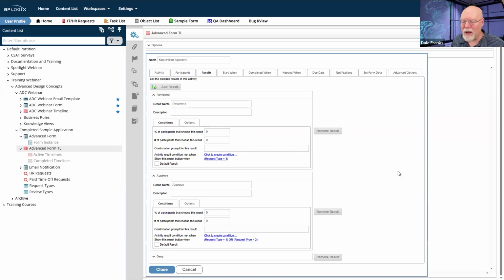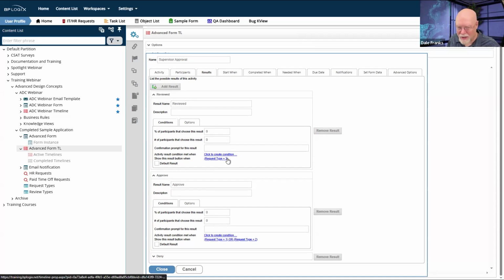And I'm just going to go ahead and open these two conditions. For most of the requests that I'm going to submit, my supervisor is either going to approve or deny them. But there's one request type, the complaint request type that I have set up here. That's request type 3, I think.